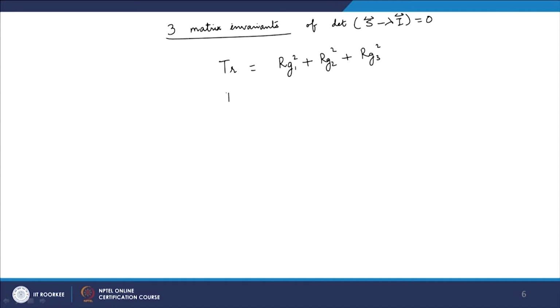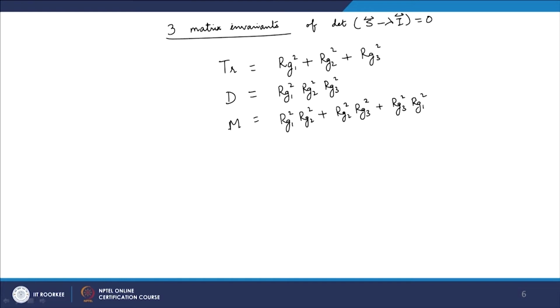The second one is the product of them, and the third one is Rg1 square Rg2 square plus Rg2 square Rg3 square plus Rg3 square Rg1 square. And using these 3 invariants, actually only 2 of them, I can define a measure known as asphericity